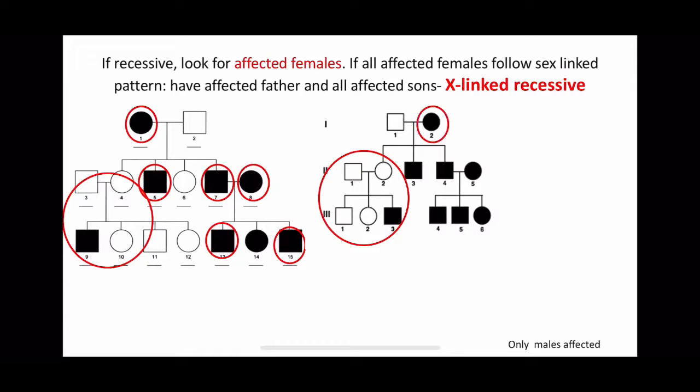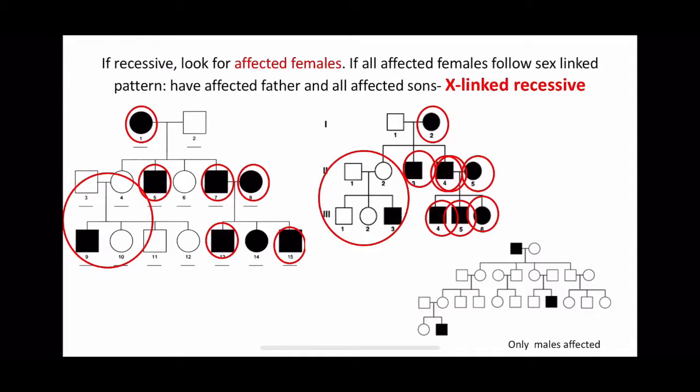You look for the affected female. She doesn't have a father here in the pedigree, so you look for the affected sons and all the sons are affected. Good for X-linked recessive. And you look for another affected female. Again, she has affected sons, and then the third affected female, but she's third generation, sons are not shown, not married. You trace it back to the father and the father is affected, so falls in place.